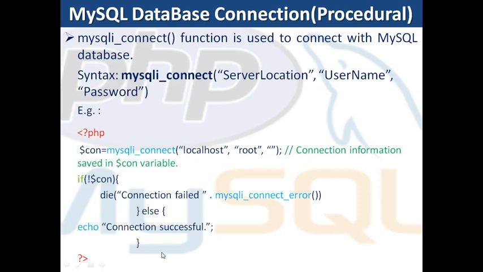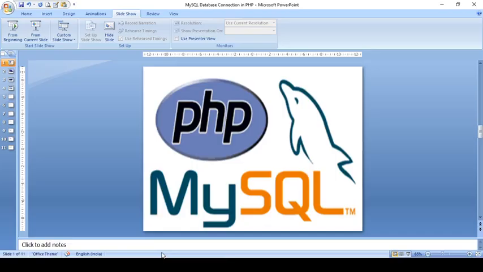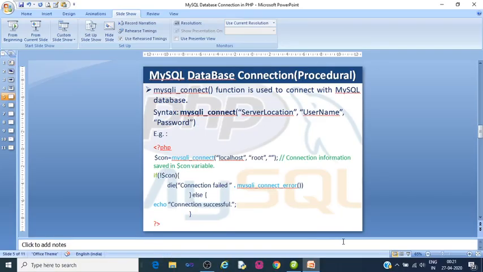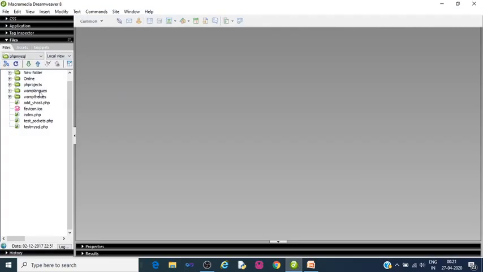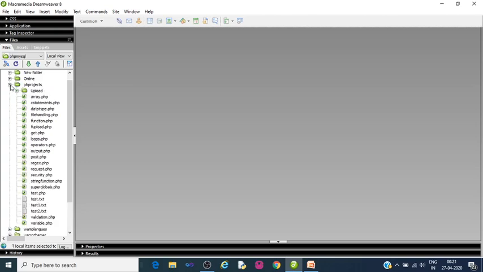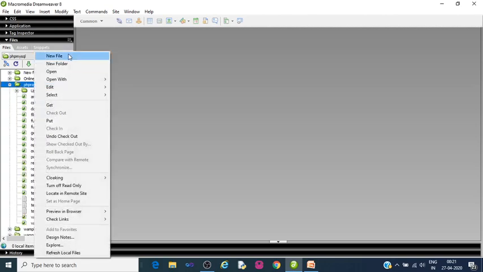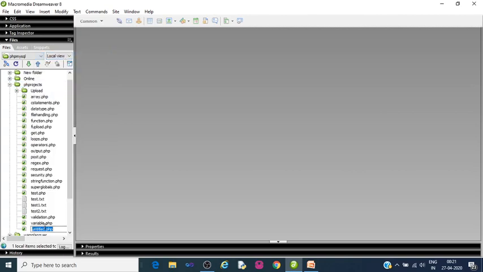So let us try it on the browser, not the text editor. Here we'll check PHP projects. We'll add a new file, conproc, meaning connection procedural.